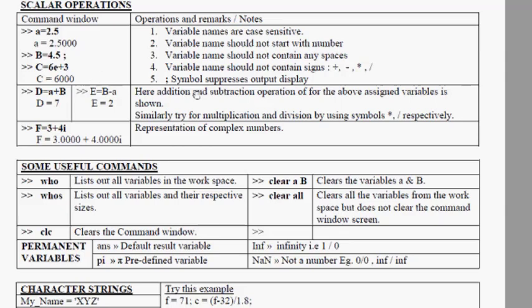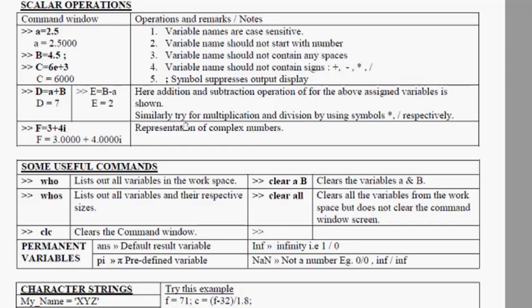Of course, there are some requirements that you can see here. Now going back to the remaining, let us say D equal to A plus B. Here we are trying to add; you can try this on your own. And E equal to B minus A, which you should get 2, because 4.5 minus 2.5 is equal to 2. You can also try other operations, trying to multiply A into B and dividing A by B.